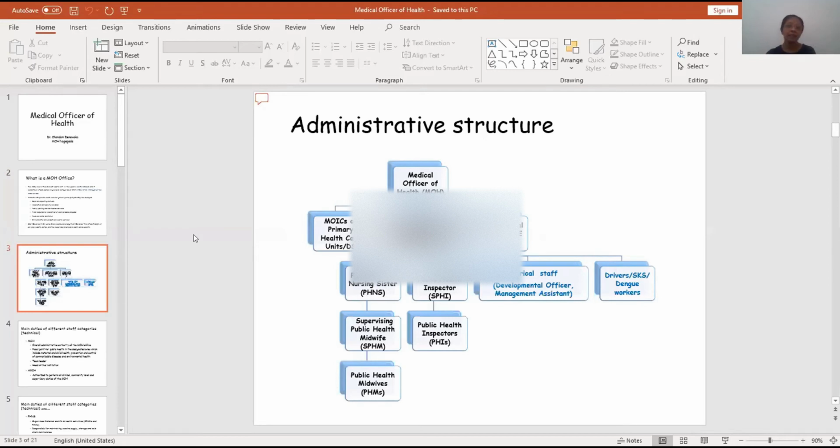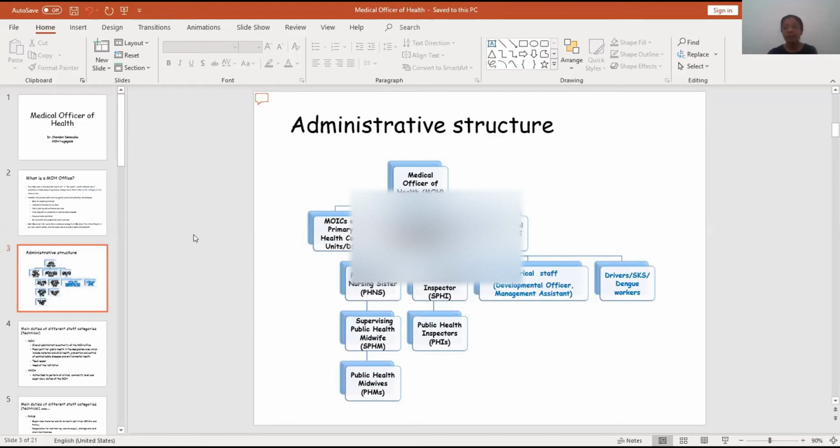There are consultant community physicians to guide us. Under the provincial director of health, there is the regional director of health. He is the immediate supervisor of us. And there are technical people in the RDHS office as well. They are the MO maternal and child health, regional